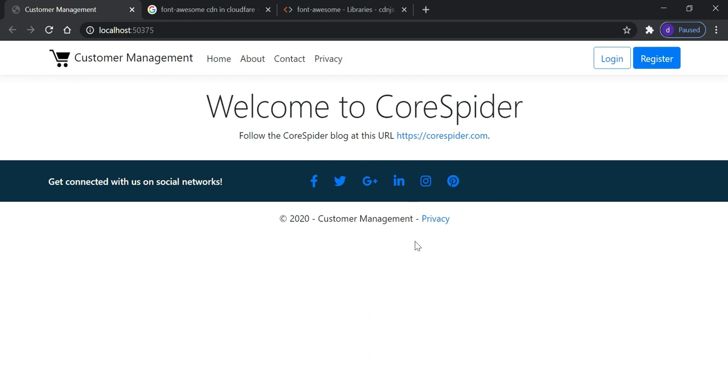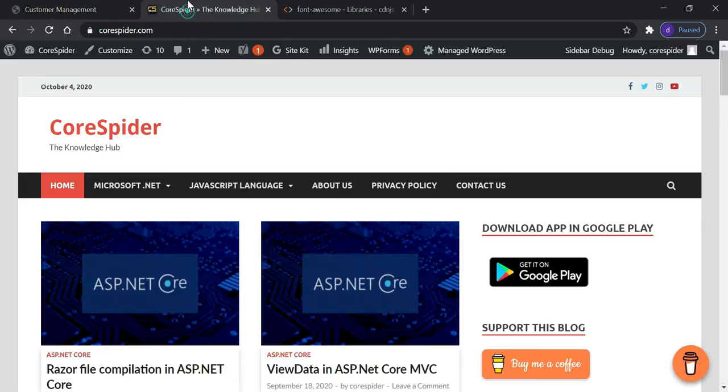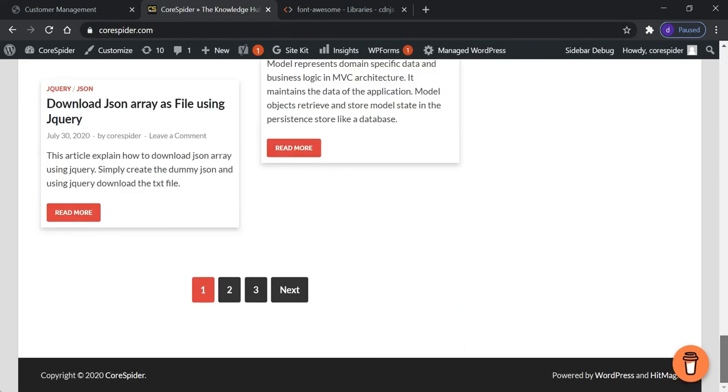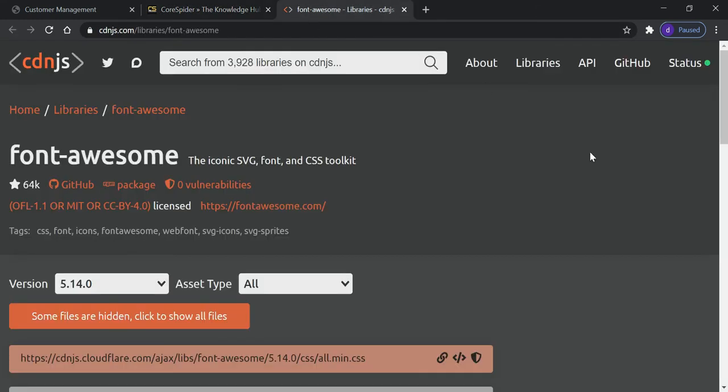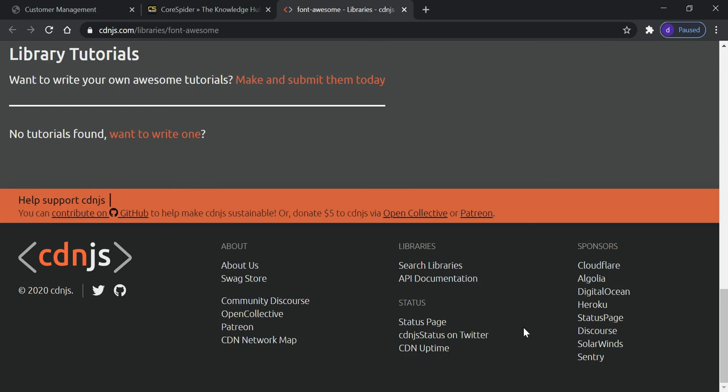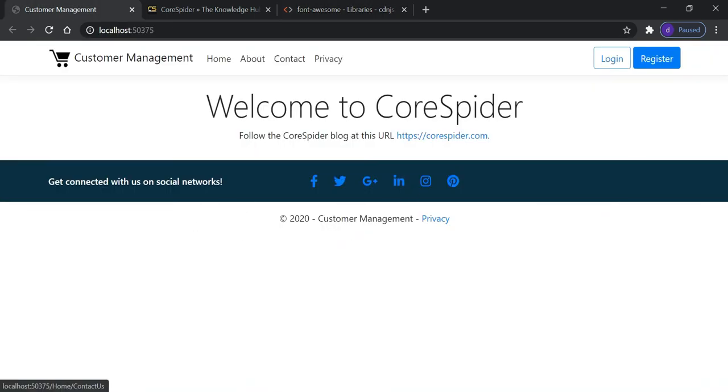But you can see there is an issue with that footer. The footer goes down in the middle of our page. You can see in every website or project the footer is always at the bottom of the page. Suppose we move to codespider.com, you can see that the footer is appended here. Also in this website you can find that the footer is always at the bottom, but in our case the footer is in the middle of the page.